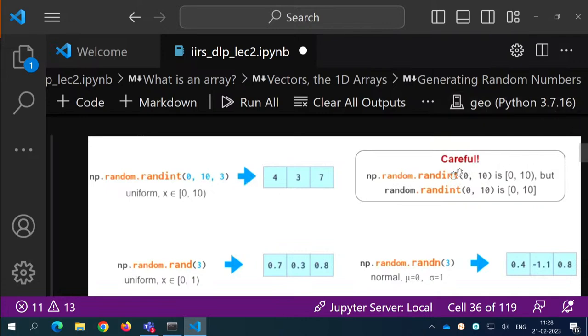So actually there is a difference between, like in core Python also this random.randint is there. In randint it generates a closed interval, and in this case it is an open interval. So in a similar way,